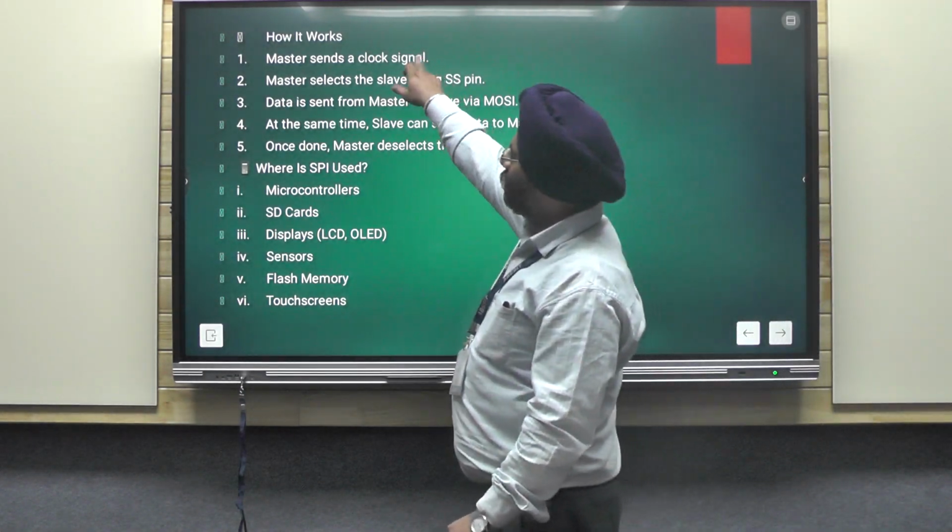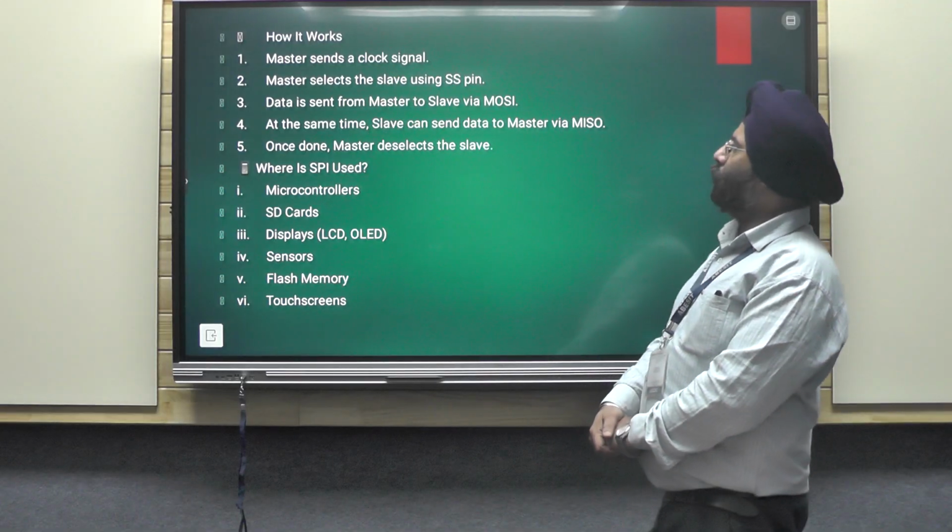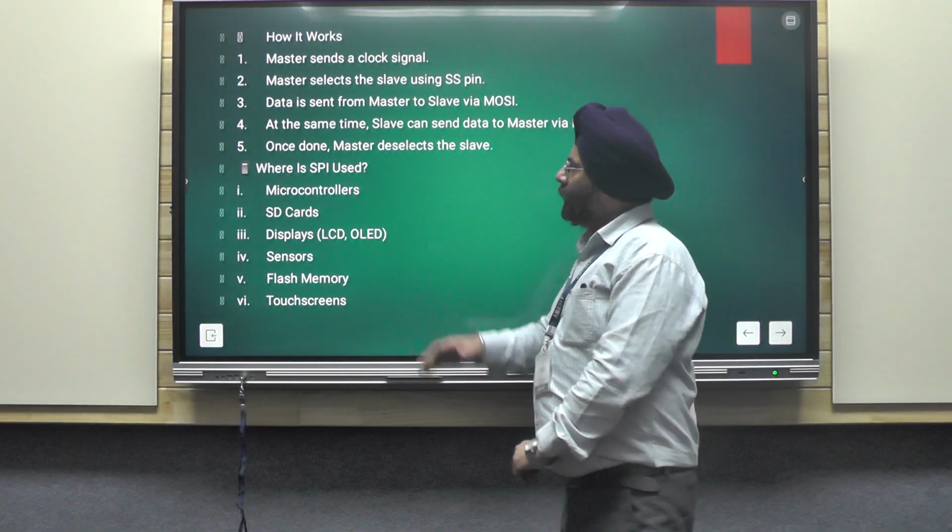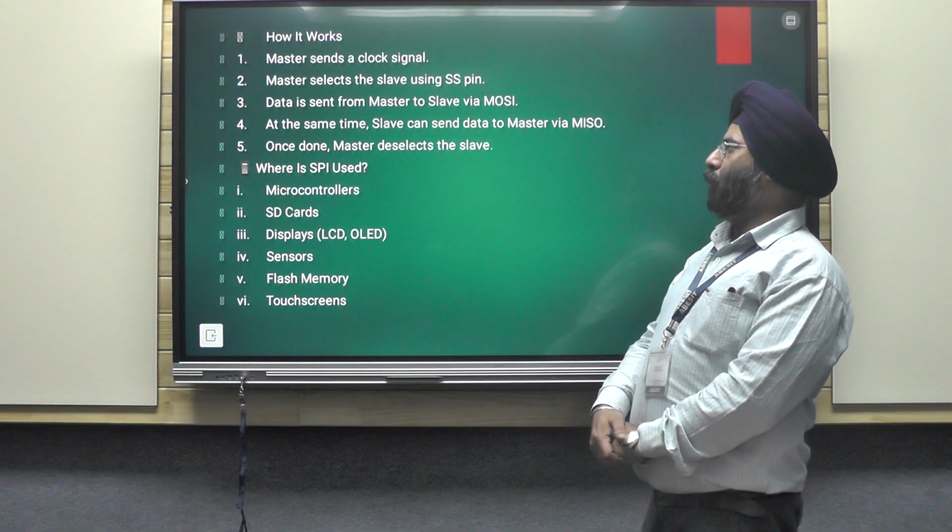The master sets a clock signal. The master selects the slave using the SS pin. Data is sent from the master to the slave via MOSI. At the same